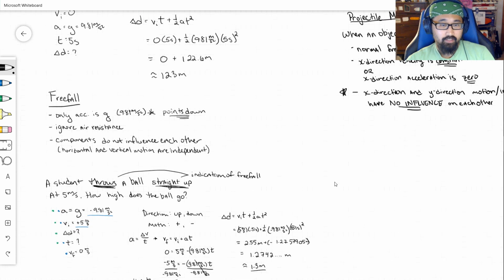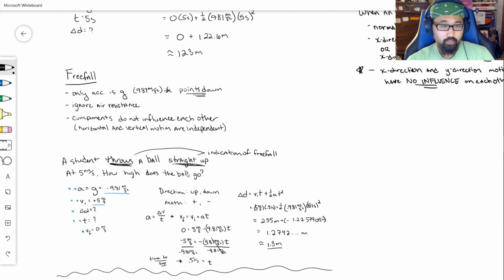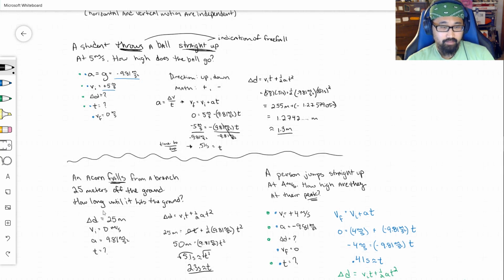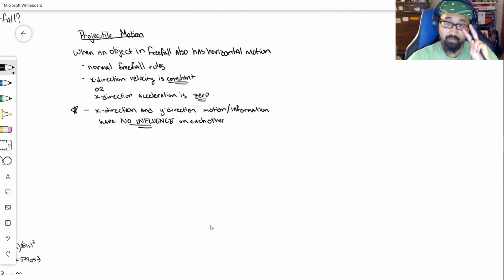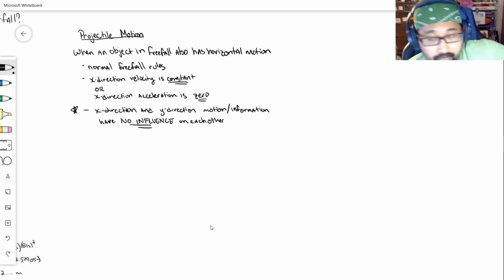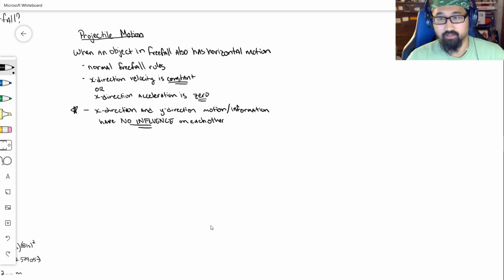Now, you'll notice that here we're looking at something going only straight up, only straight down, only straight up and down. We're now going to start worrying about objects that are doing both. They're moving up and down, or they're falling down and they're moving horizontally. A very, very typical question like this is